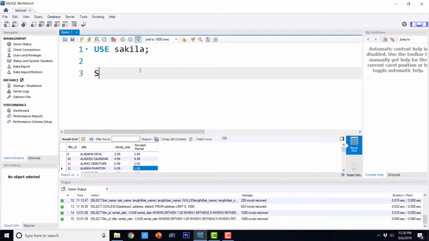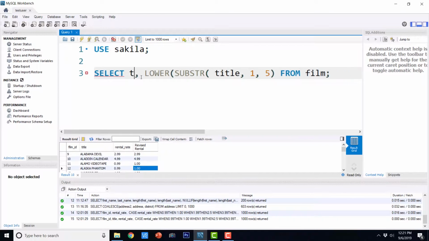So I can just say select title, comma, lower of substring title, comma 1, comma 5 from film.